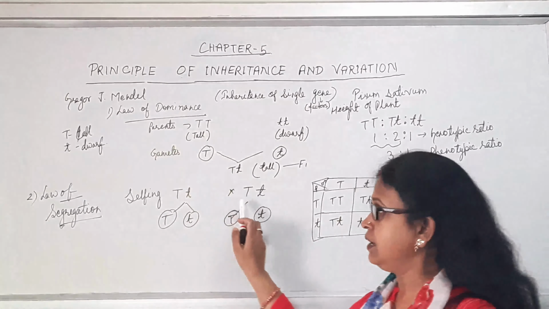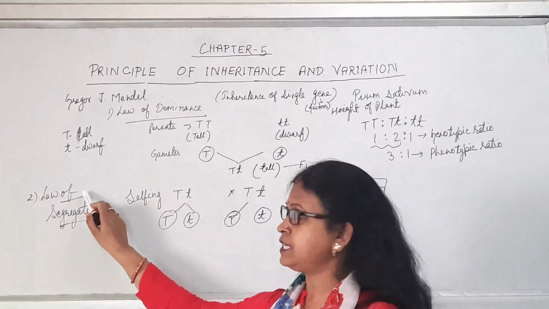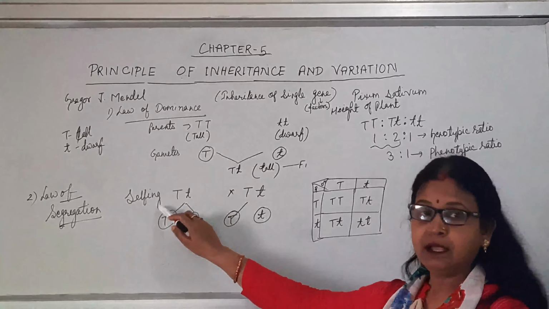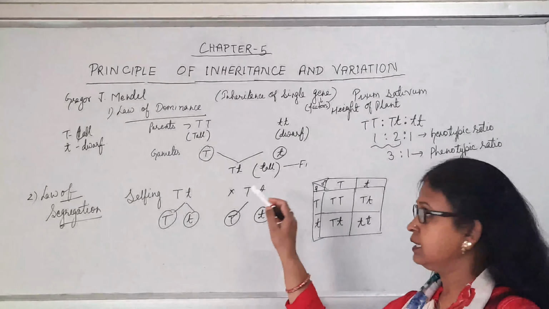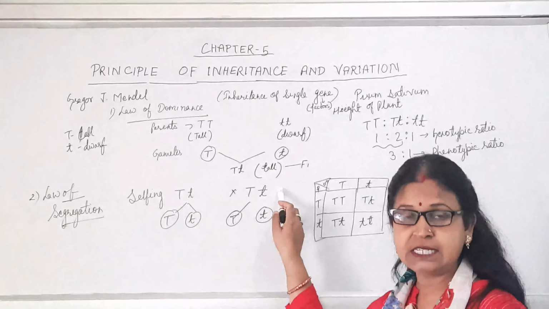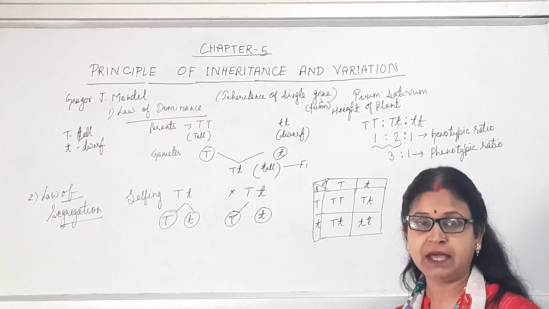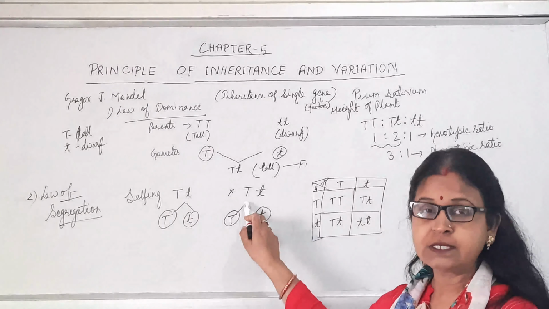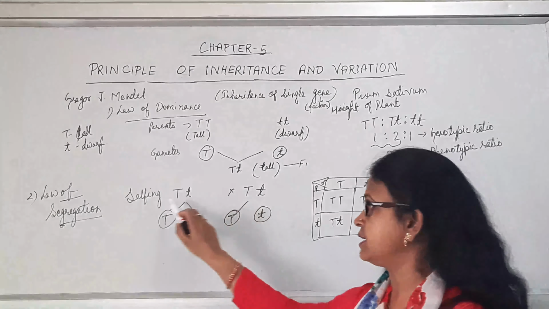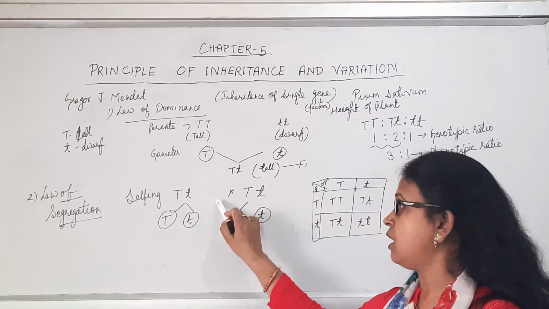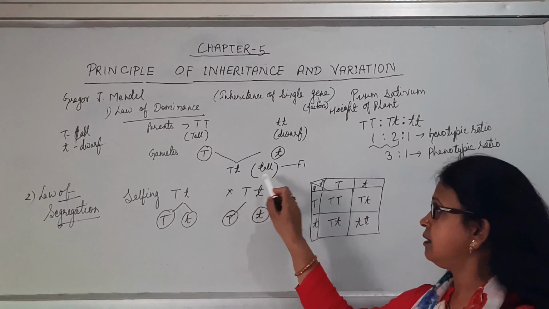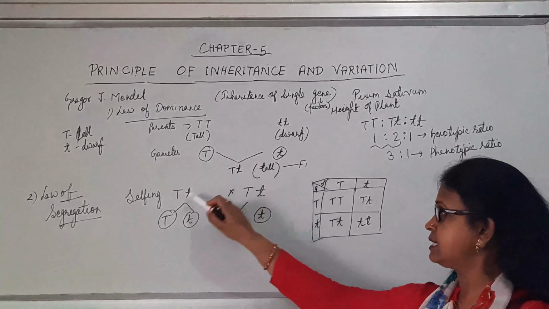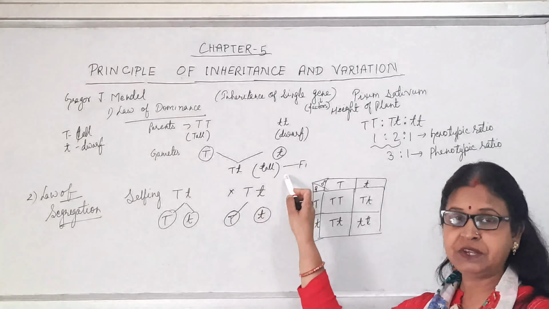Now here we will discuss the law of segregation, which is the second law. After this first filial generation, the offspring of the first filial generation are taken as the parents, and because they are allowed to cross among themselves and are used as parents, it is known as selfing. So selfing is allowed here, and you can see the genotype, capital T, small t, because both of these parents are taken from the first filial generation.